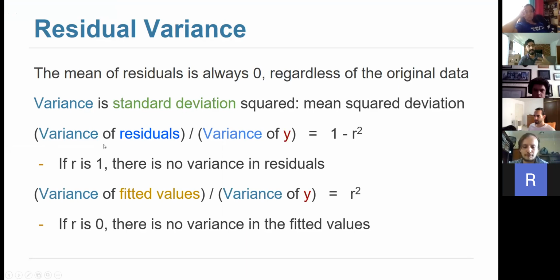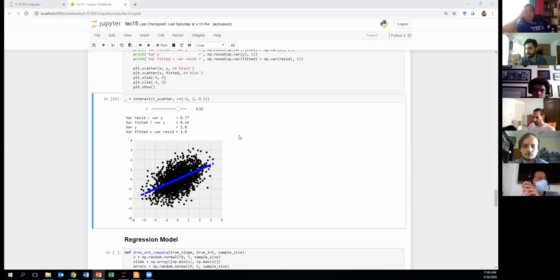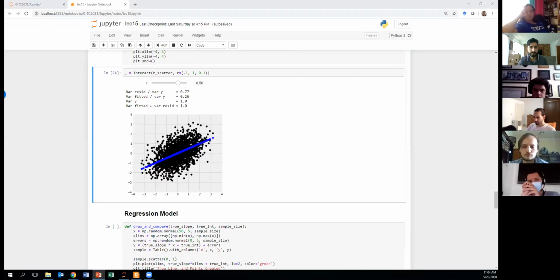If you can imagine the scatter plot with the regression line, you can know what we're talking about with variance of residuals, variance of y, variance of fitted value. So these are pretty straightforward relationships. Are there any questions so far? If not,